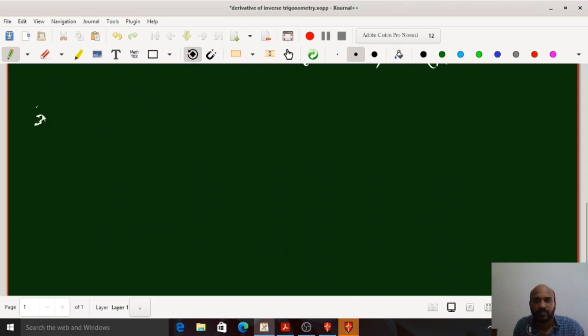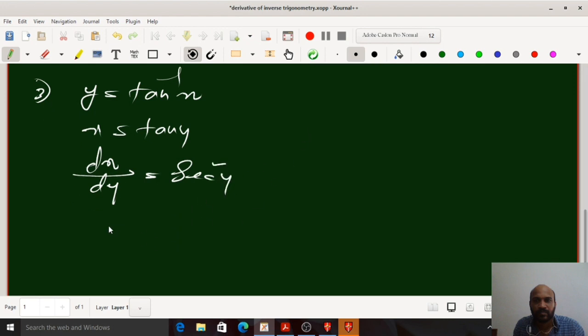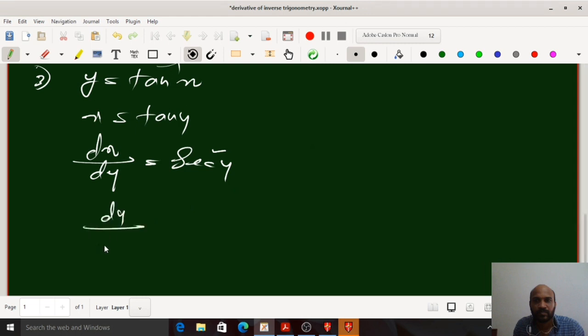Now we can derive derivative of tan inverse of x, that is y equal to tan inverse of x. If y equal to tan inverse of x, then what is x? X equal to tan y, right? So differentiating with respect to y, so we'll get dx by dy is equal to d by dy of tan y, that is sec square y. Now take reciprocal on both sides. We'll get dy by dx. Dy by dx is equal to 1 by